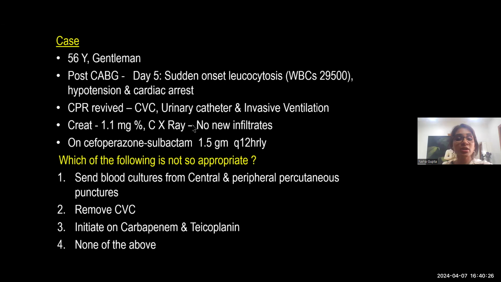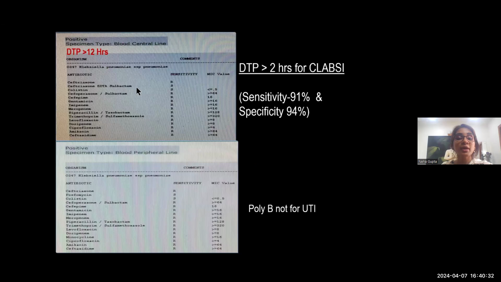This is another case. It's important to remember that if you have a patient who is on a BL-BLI combination and then becomes septic, then the next possible organism is going to be a carbapenem resistant bug. So if the patient is on cefoperazone sulbactam or piperacillin tazobactam and then deteriorates, then it's going to be a CRAB. So escalation from BL-BLI to meropenem is not really justifiable. It has to be one level up, so it has to be either a polymyxin or a ceftazidime avibactam based combination therapy.